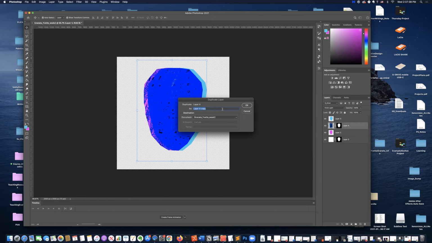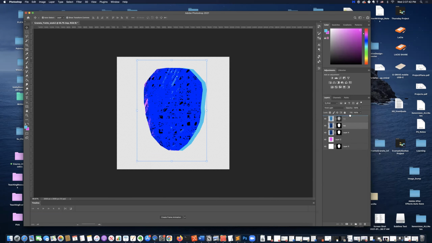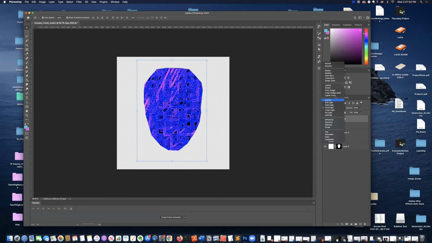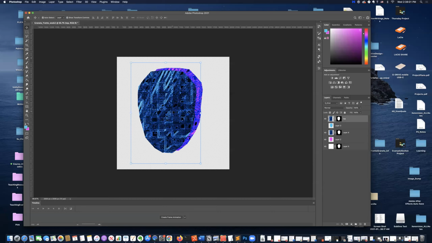And I'm going to call it top. Okay, I'm going to put this on the top and let's take away that. And let's change it to, let's just put it to normal for a minute. I'm going to move it over a tiny bit. And I'm going to add